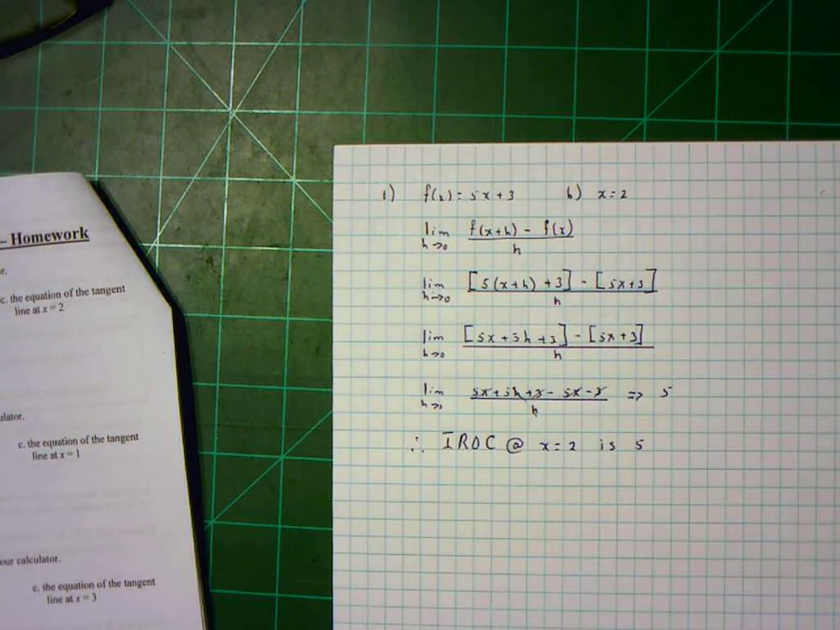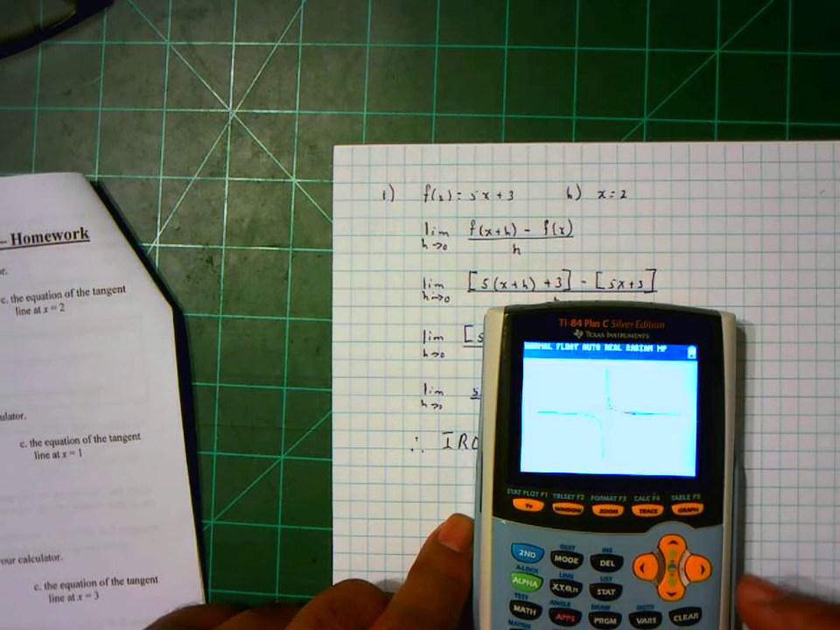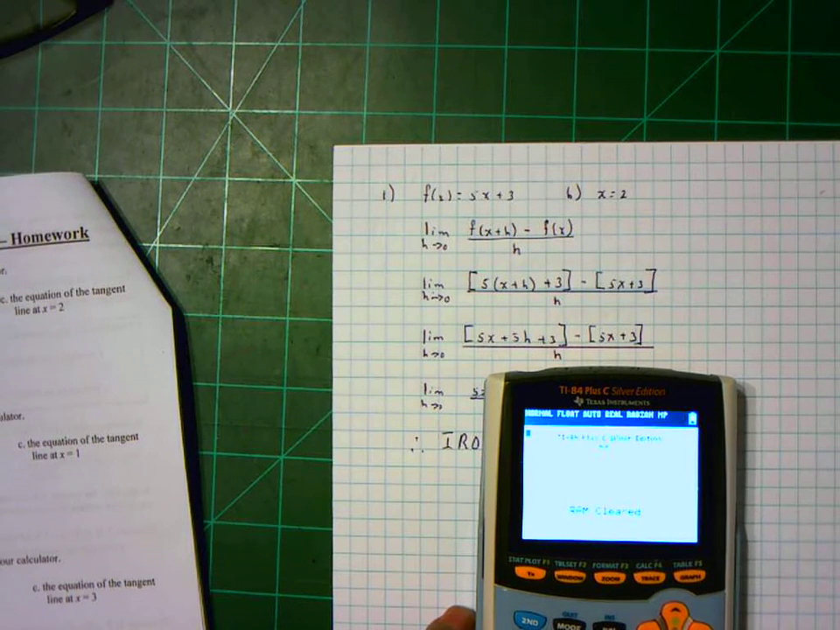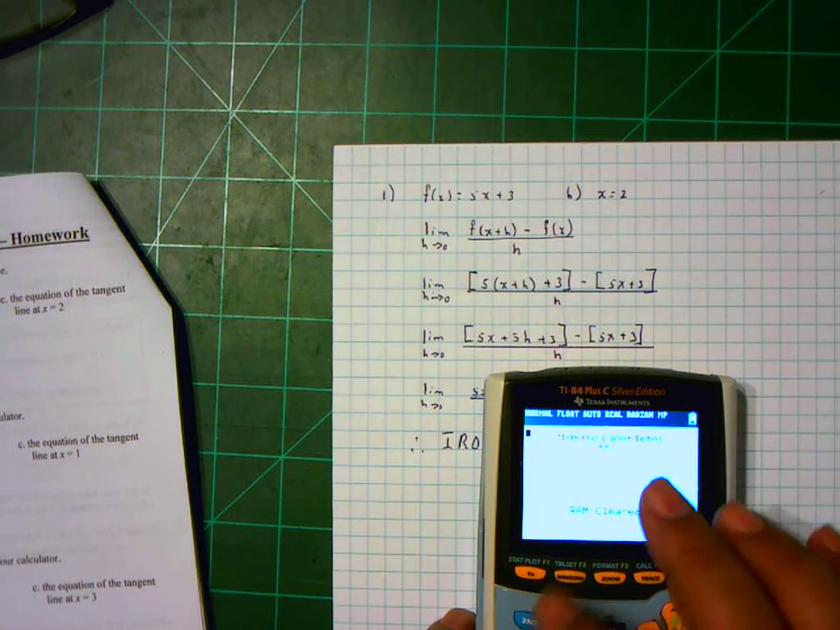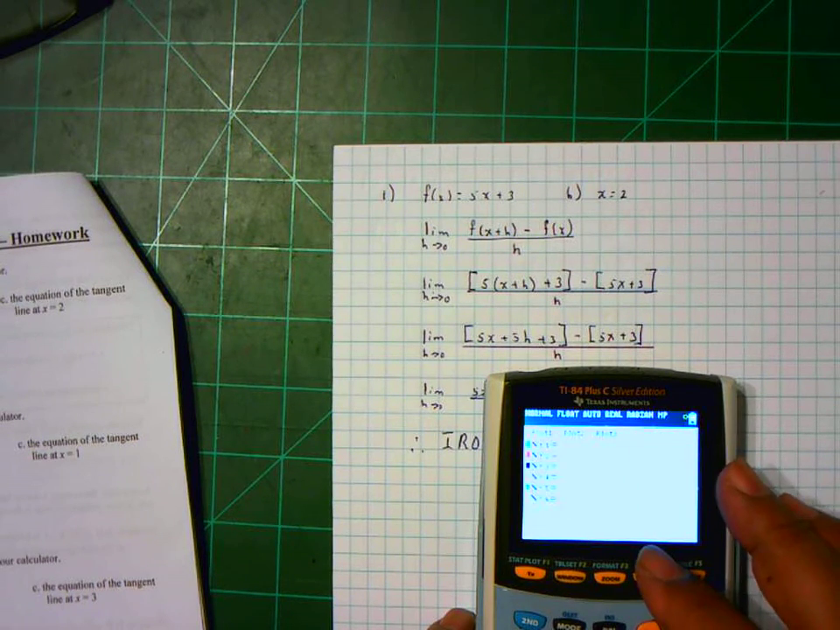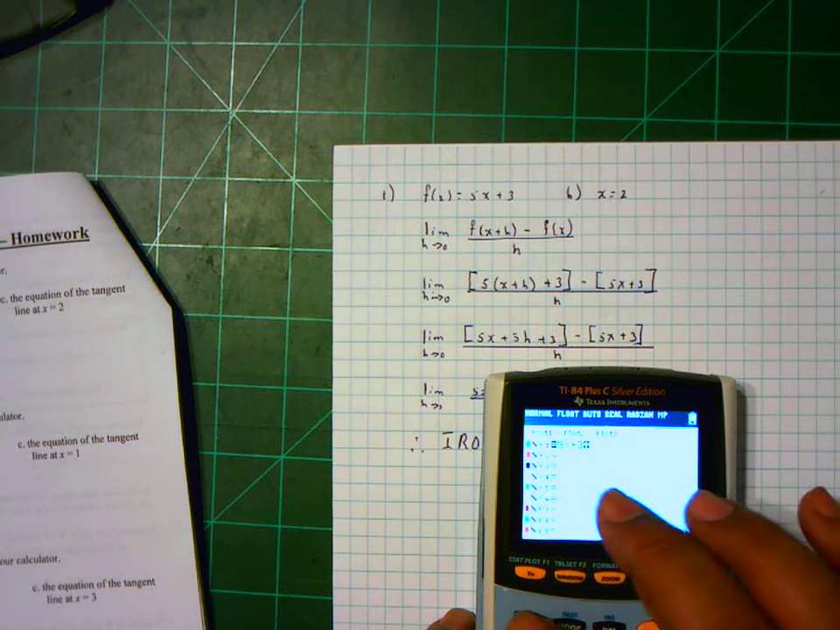Well, the simplest way to do it is take your calculator, turn it on, reset it, now go into the equation editor and put the function in, 5x plus 3. Now if we look at the table,